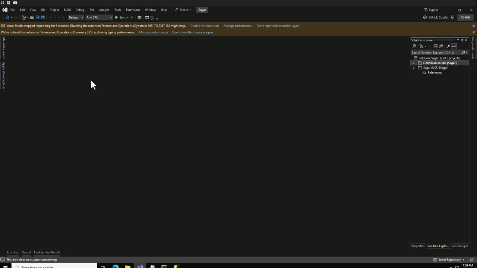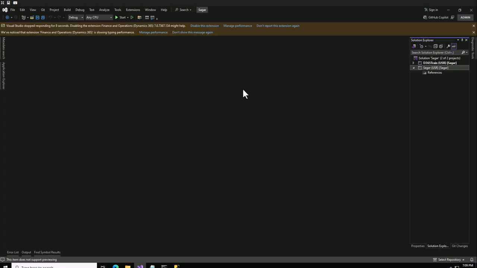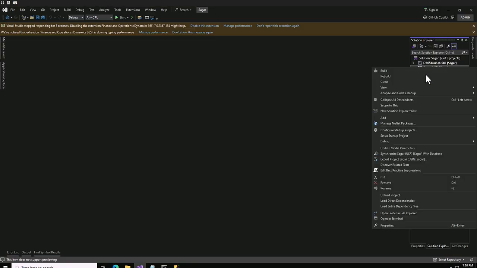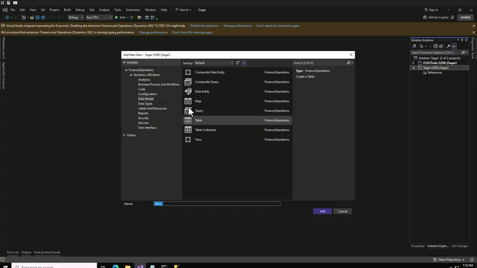Hey guys, today we'll see how we can create views in D365. To create a view, first of all, we will create a view of our sales table. We'll add a few fields into our sales table. So for now, I will simply click on this add button. I will go to my tables and I will go to my